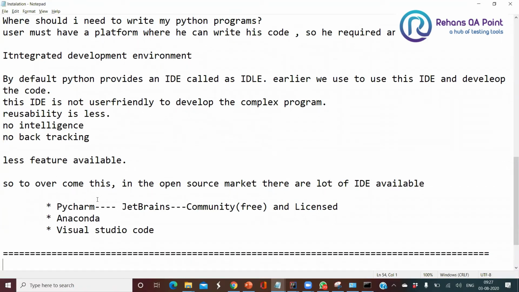Okay, I'll show you the difference, which is going to be easy. For developing complex programs, ultimately you're going to use PyCharm only, not Anaconda. But for maintaining notes and making the code more understandable for data science or machine learning areas, we'll be using Anaconda only, not PyCharm. So for our case, we are going to use PyCharm only.